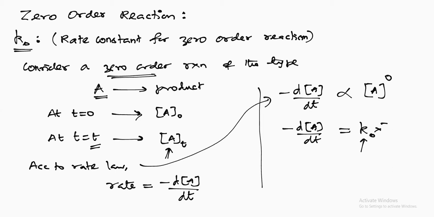And here we have concentration power 0. Anything power 0 is 1, you know. Therefore, we can write this as minus dA by dt equal to rate constant for the zero order reaction. Now I'll bring this dt to the right hand side. So we get,